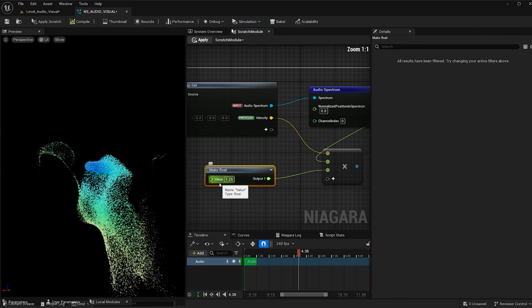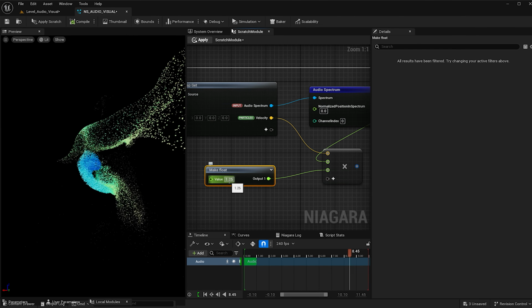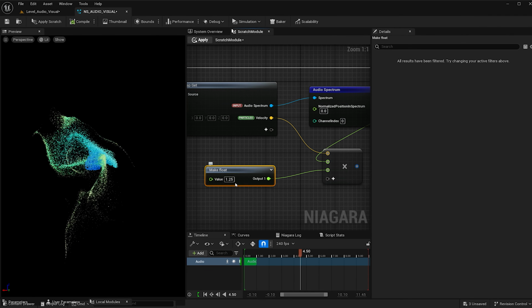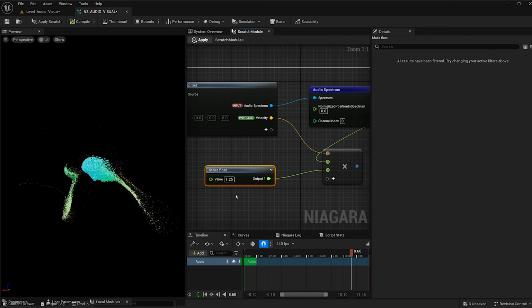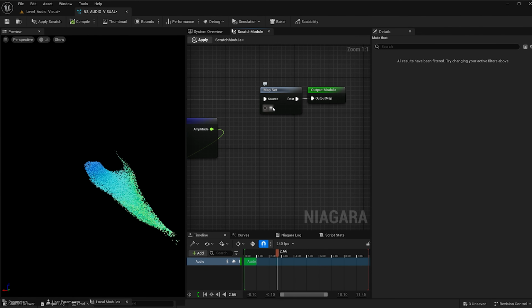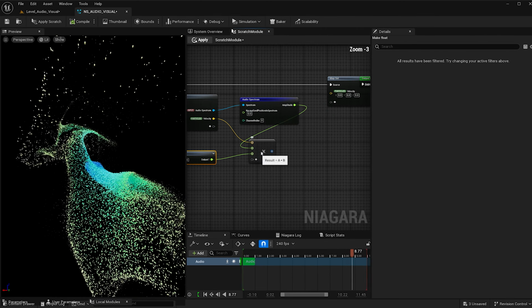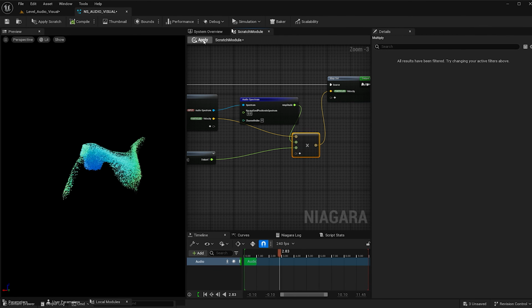Now, if you're using a really soft sound that doesn't have a lot of bass, I would increase this, and then vice versa. If your song has a lot of bass and is really powerful, I would decrease this. But just keep in mind that this value is super sensitive, so I would only adjust it in small increments. And now the last thing we need to do is go to this map set here and hit this plus button and type in velocity again and find that particle's velocity. And then just plug in the output from the multiply node into that,